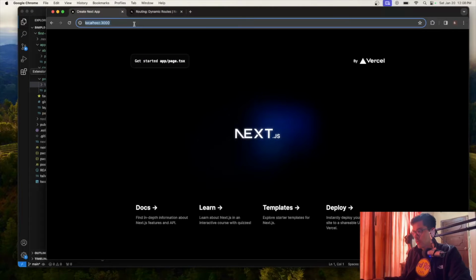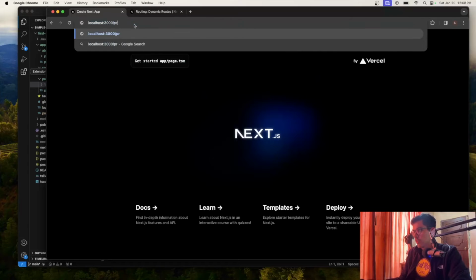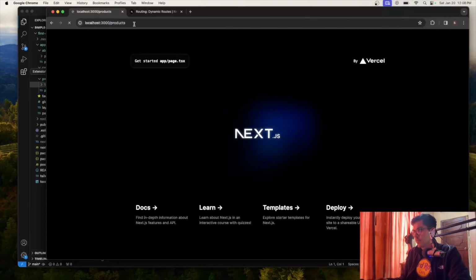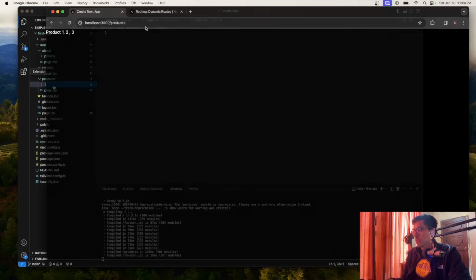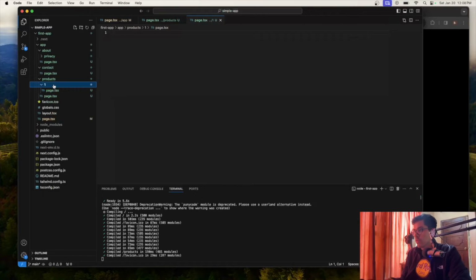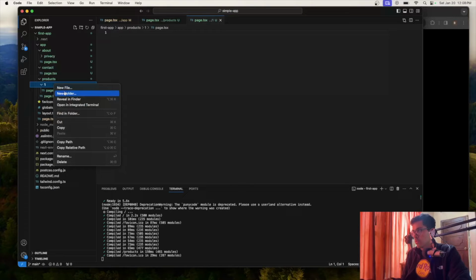Alright, so basically we have this, and if we go to products, we have products here. So we'll have the page with product 1, 2, 3. What if we want to see the details of each product, like product 1, 2, and 3? To do that we have to create a dynamic route. A dynamic route means that we're passing an ID, so we're just saying product ID,